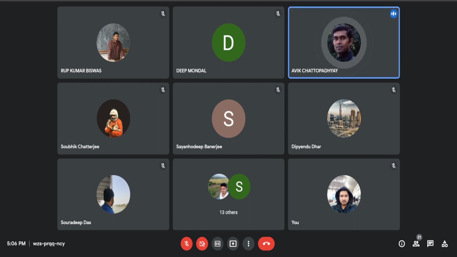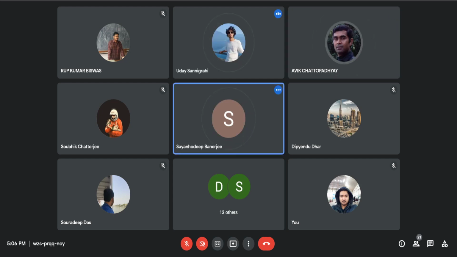ওকে স্যার, থ্যাংক ইউ। ঠিক আছে, ওকে। আর যদি কারোর কিছু প্রশ্ন না থাকে তাহলে আমরা আবার 4 তারিখে মিট করছি, 10টা থেকে 12টা। ঠিক আছে, ওকে স্যার। ওকে, থ্যাংক ইউ।